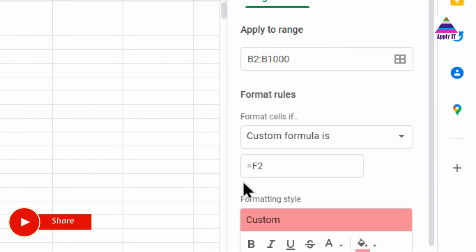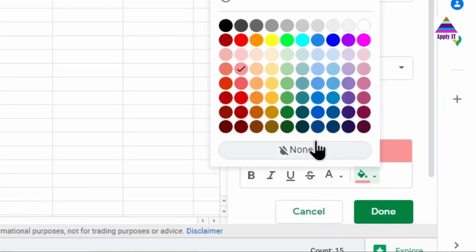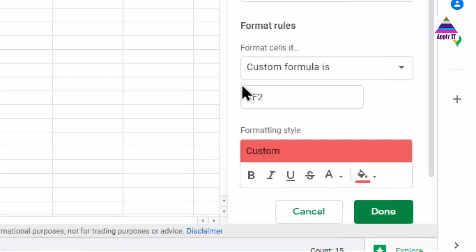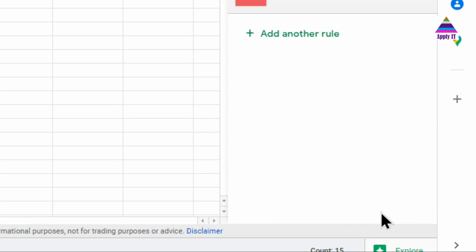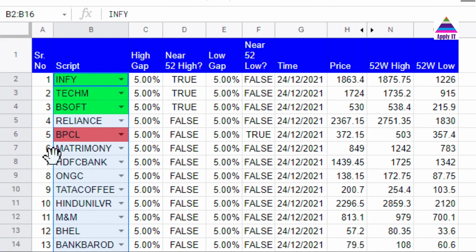So here we write F2 and you can choose whatever color we want from here. We take a slightly bold red. We click on Done and you'll see that the stock will be highlighted.